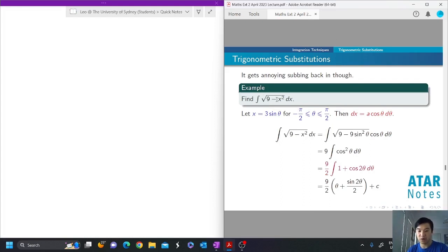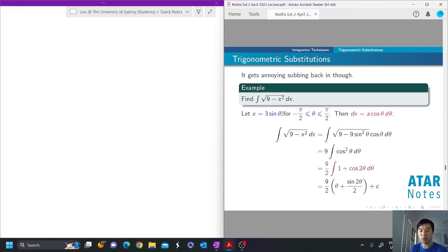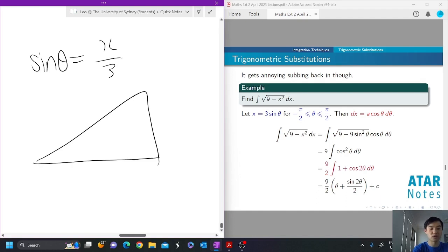If you wanted to integrate root 9 minus x squared, you can let x equals 3 sine theta, and then you can proceed to integrate like that. But remember, the original thing was in terms of x, so you want to be careful. You have to draw a triangle to remember that your relationship is that x equals 3 sine theta. So we know that sine theta is equal to x over 3. So you would just draw a triangle like this, where sine is opposite over hypotenuse. So this side is going to be root 9 minus x squared